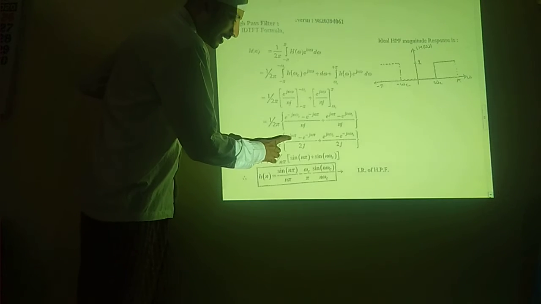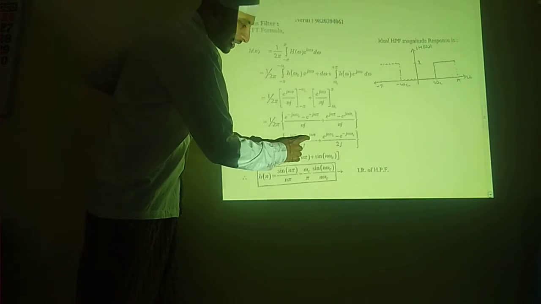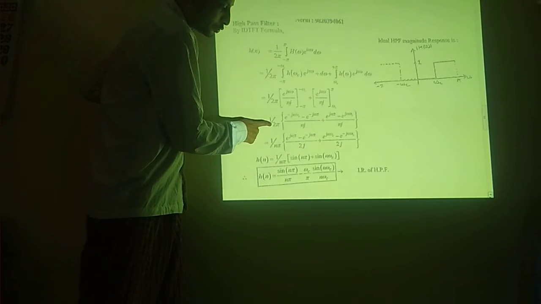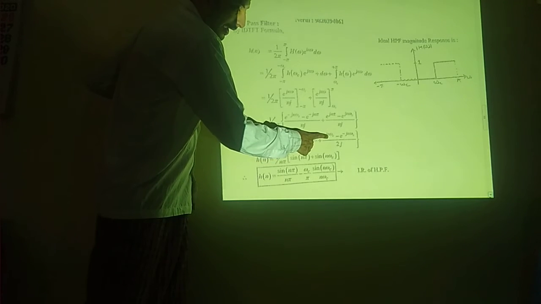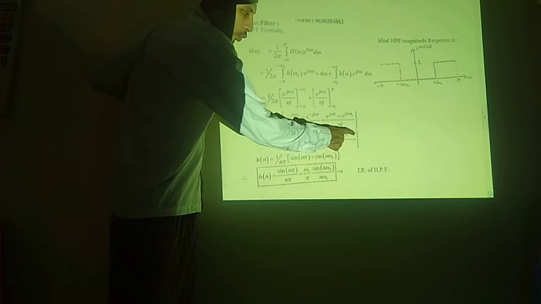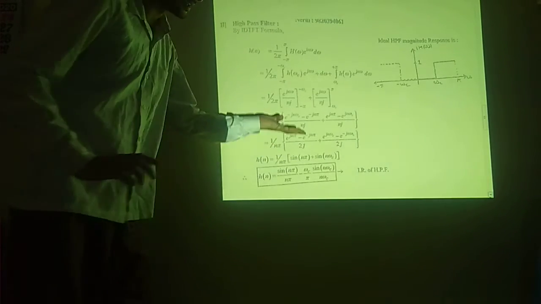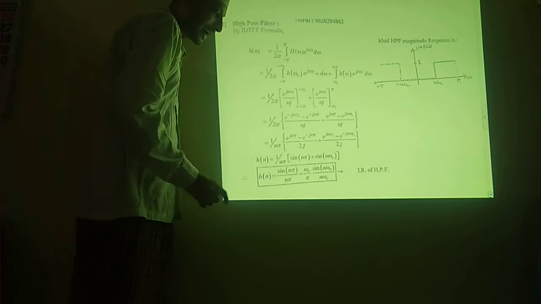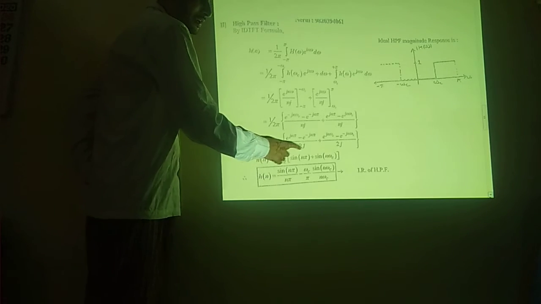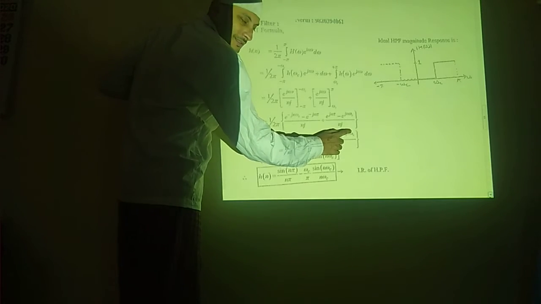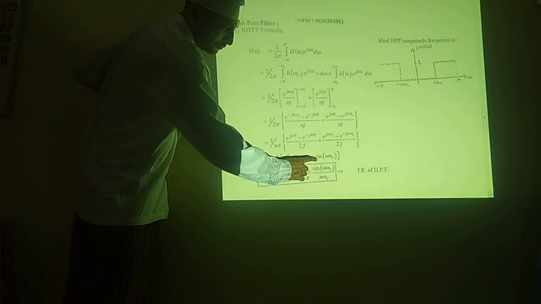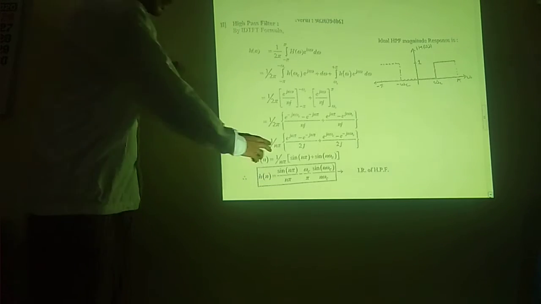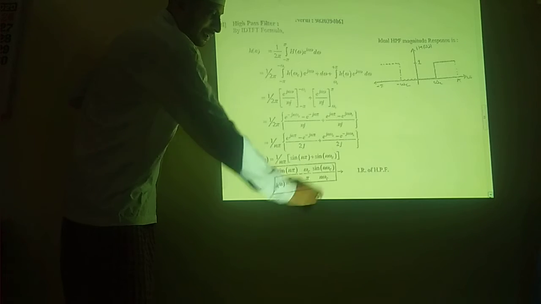Okay, so e raised to j n pi minus e raised to minus j n pi upon 2j. Okay, taking this 2 inside, so 2j, taking the n outside. Okay, so 2j plus e raised to j n omega c minus e raised to minus j n omega c upon 2j. Okay, this is nothing but e raised to j theta minus e raised to minus j theta upon 2j, formula for sin theta. Okay, so we can consider this as sin n pi plus sin n omega c. Okay, so 1 upon n pi into sin n pi plus sin n omega c.